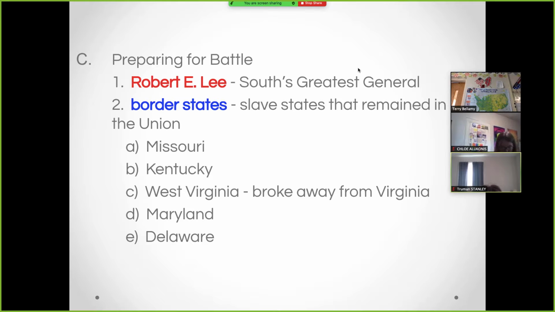And at some point, I'm going to quiz you over what are the 5 border states and why are they loyal to the Union. Again, maybe it's not just an issue of slavery. Even if it is an issue of slavery, and you're a slave state, and by the way, do you suppose most of the people in these 5 border states were slave owners, or do you suppose some of the people were slave owners? Most or some? Some. Most were probably not slave owners.